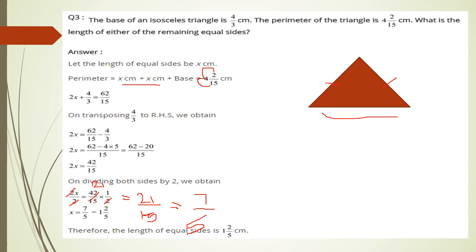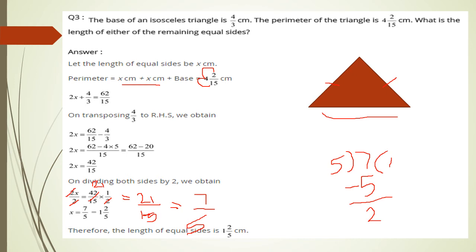Let us convert this improper fraction 7 by 5 to a mixed fraction. See here, from 5 we divide the 7. 5 ones are 5. In 7, 5 goes once, so the quotient is 1. How to write 7 by 5 as a mixed fraction? Write down this quotient in the whole number part, children. Always we write the quotient in the whole number part.